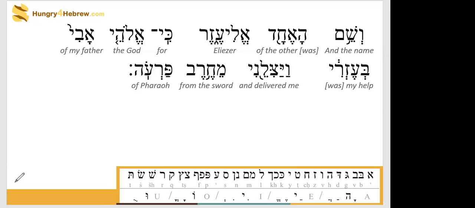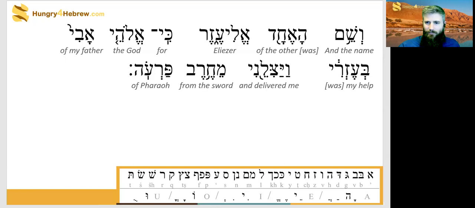V'shem ha'echad Eliezer ki Elohei avi be'ezri vayatzileni mecheref paro. Perfect. Wonderful. V'shem ha'echad Eliezer ki Elohei avi be'ezri